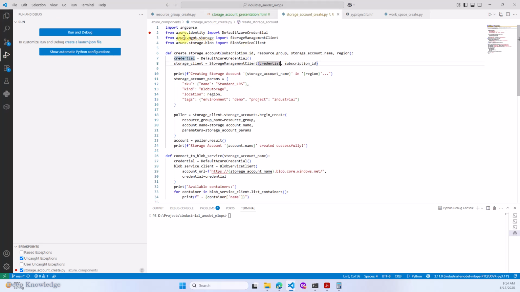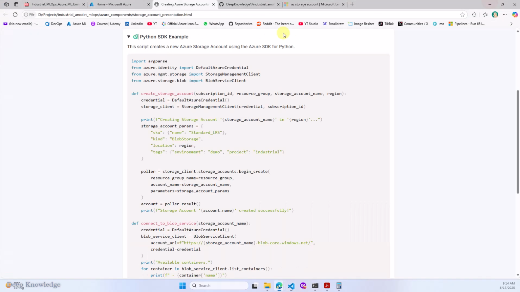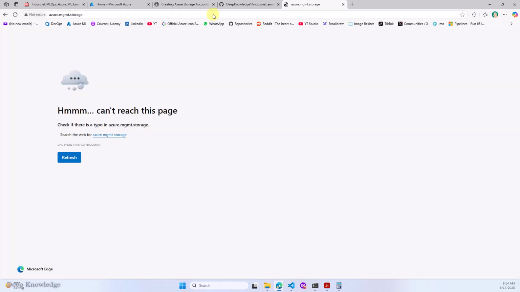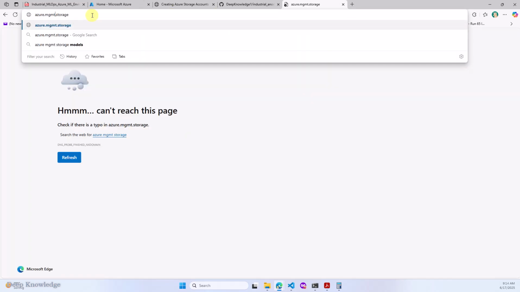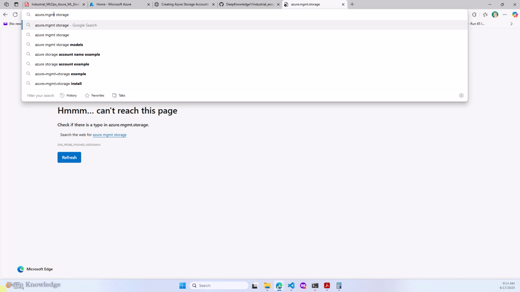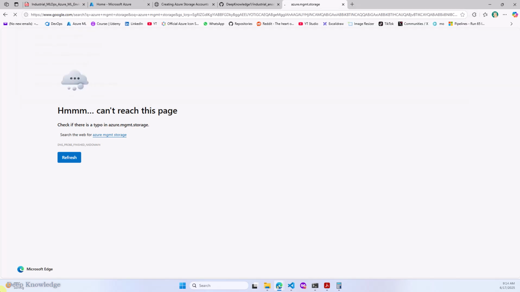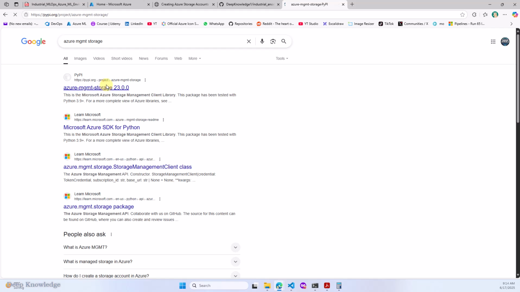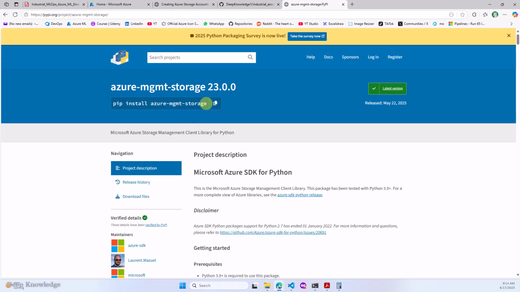So just copy this, and if you are not sure what you have to do, just go to Google. It's easy. I can just show you how to download this. For instance, you have to add this here. But how do we add our stuff here? Just copy the name,